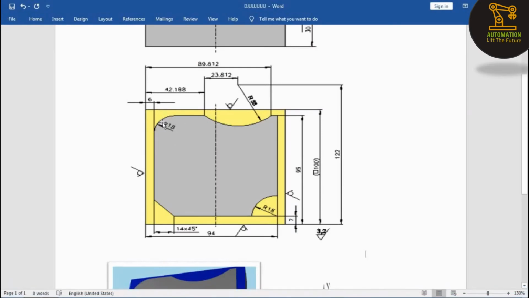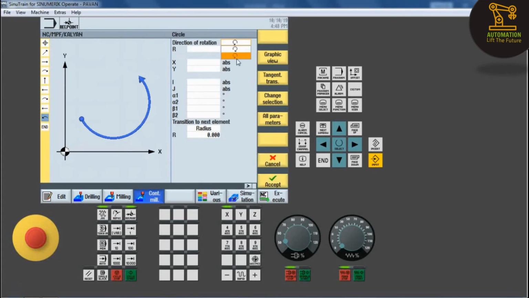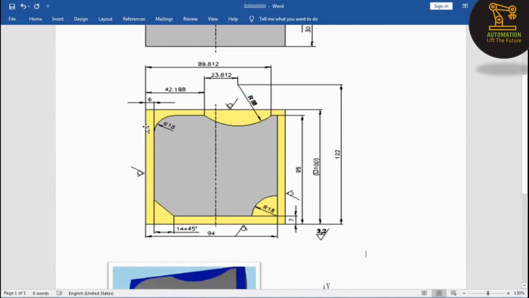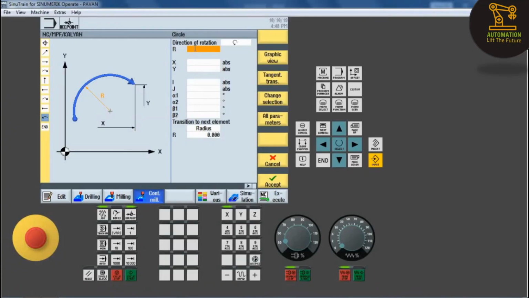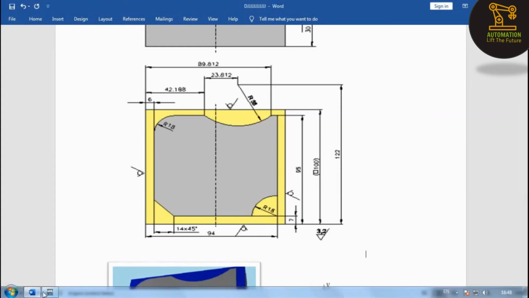here it is, and then we have circular motion with radius 18. So click on circular motion with anti-clockwise direction, radius 18. So we have to mention radius 18, and then in X from the reference position we have 6.